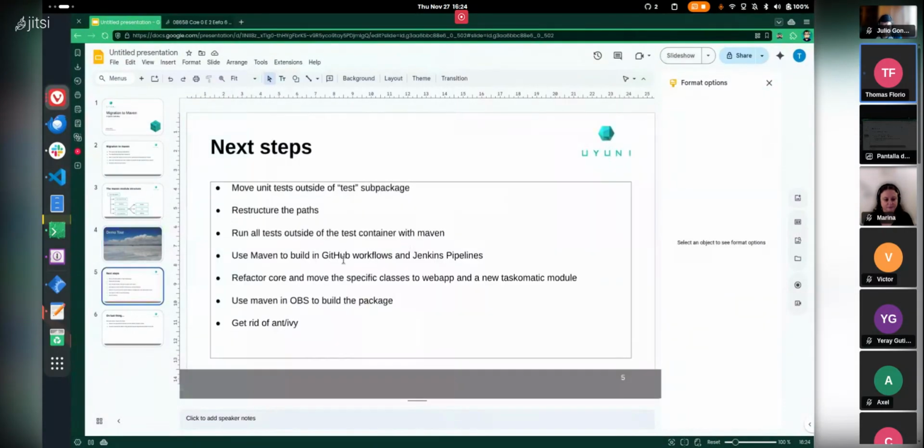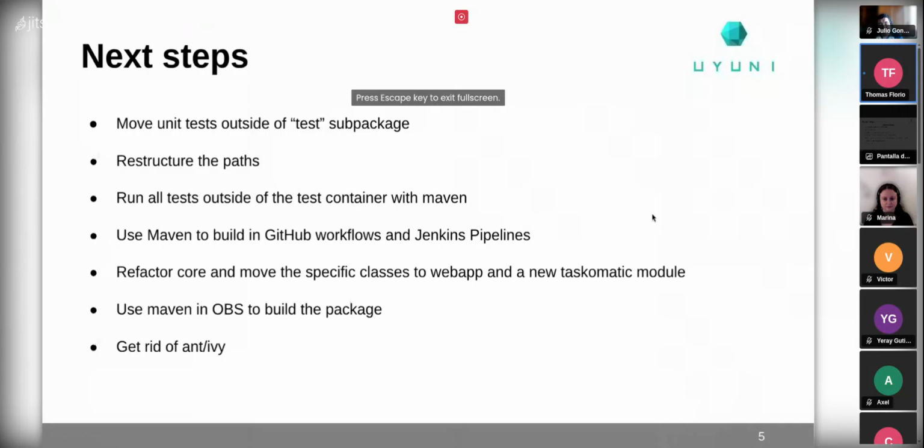Last thing that I wanted to talk about is the next steps that are going to happen when time allows, and I'm not sure if this will be the correct order in which they will happen, but the first thing that I want to do is to move the tests outside of the test sub-package, because now they are separated inside the proper Maven structure. But the idea is to move them outside of the test sub-package, because this will allow Java developers to take advantage of the fact that the test class lives inside the same package of the class it's testing, so that you can use package visibility at that point